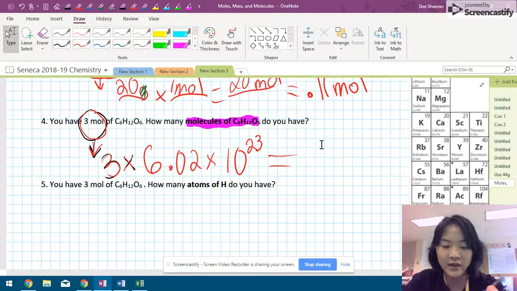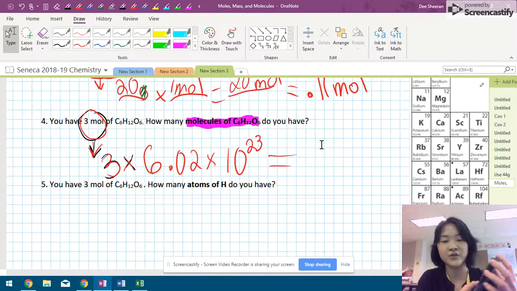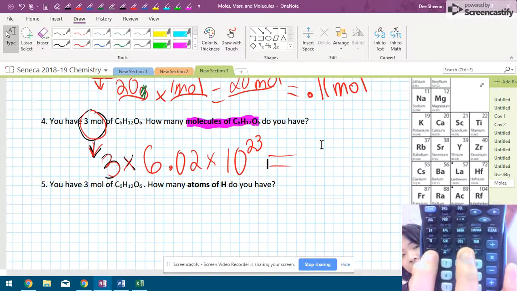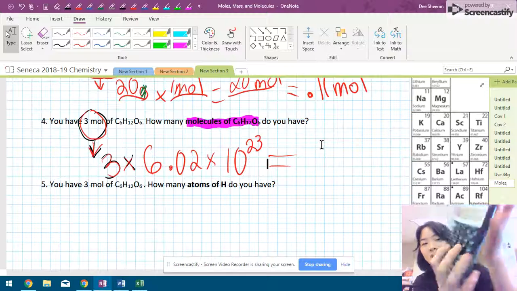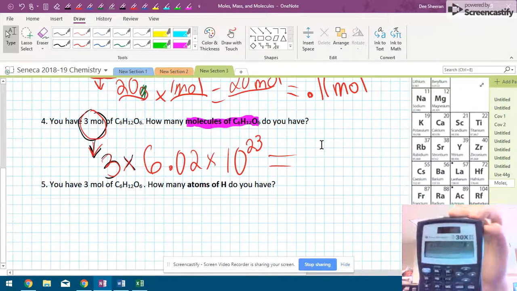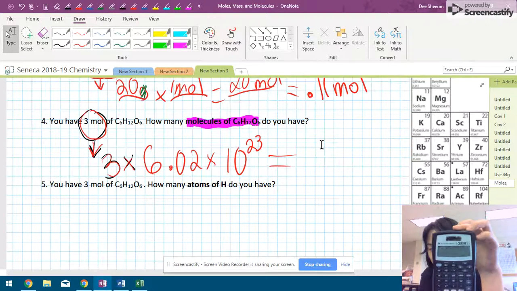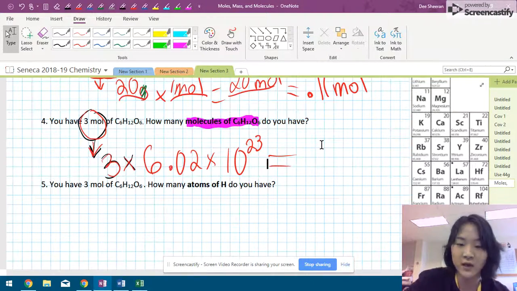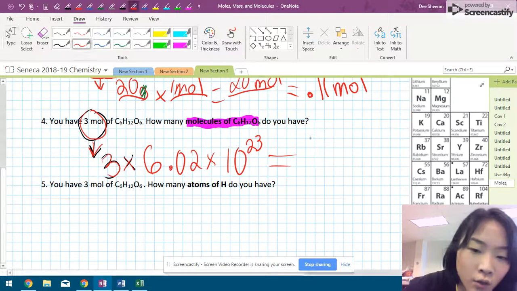And to put in the exponents, which is the to the 23rd thing, I'm going to hit this little caret button. Let me see if you can see. This guy right here, this little caret. You're going to hit caret. And you're going to just type 23. So it's going to look like this. Hopefully you can see this. Maybe you can't. Okay, hit enter, and you're going to get a value of